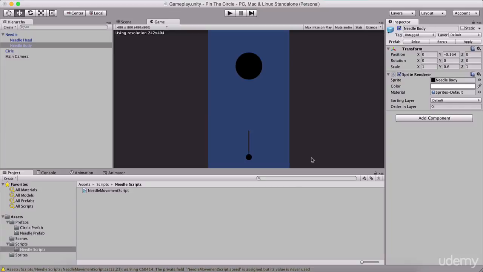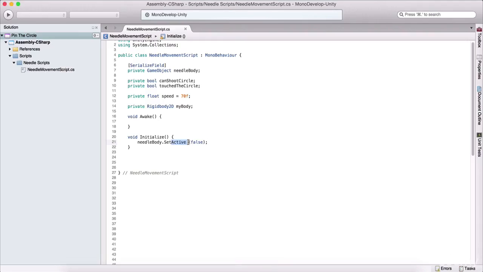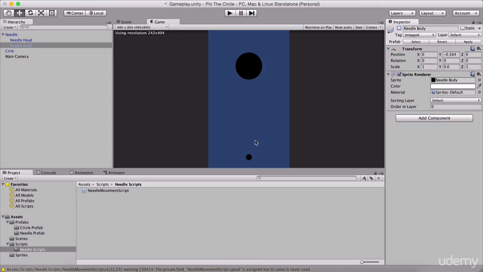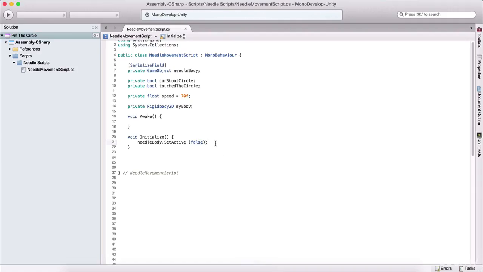Practically, if we set it to be active and pass here false, we are going to deactivate it, so it's not going to be visible here in the game. And if we set it to be equal to true, it's going to be visible again. So here in the initialize function, we are going to deactivate our needle body, and we are going to use my body, which is going to be equal to